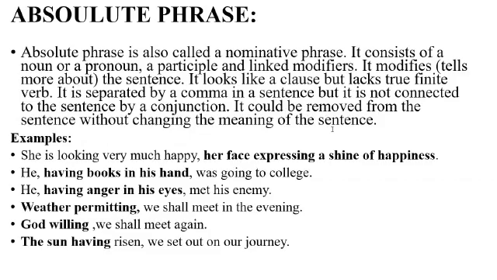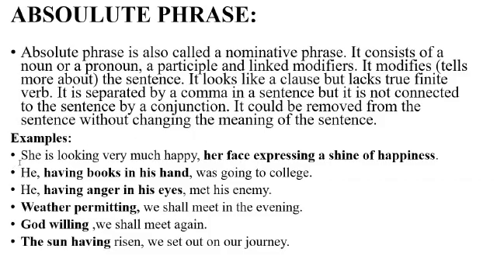Well, dear students, remember, an absolute phrase is a phrase which is not connected to the sentence by conjunction. It is always connected to the sentence by a comma. And if we remove absolute phrase from the sentence, it will not affect the meaning of the sentence. In other words, absolute phrase gives additional meaning to the sentence, but if it is removed, it does not change the meaning of the sentence.